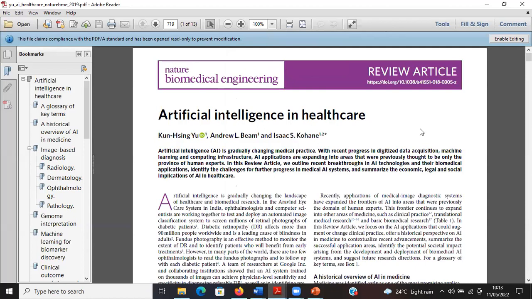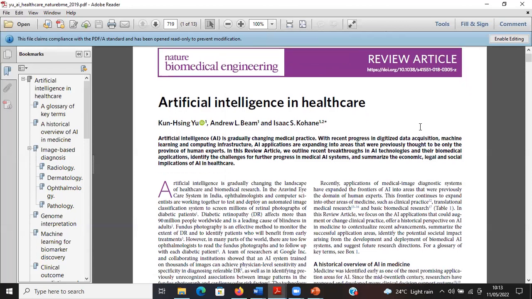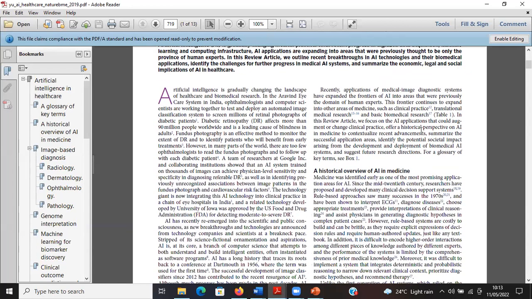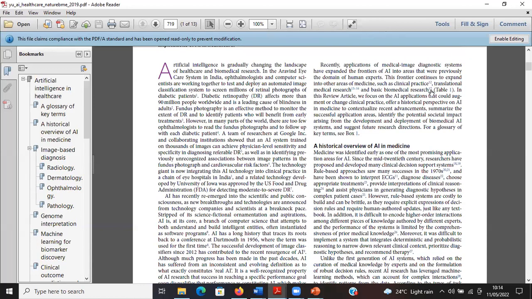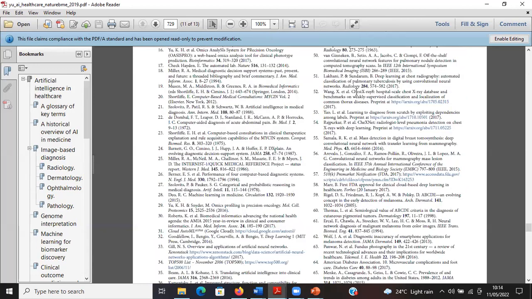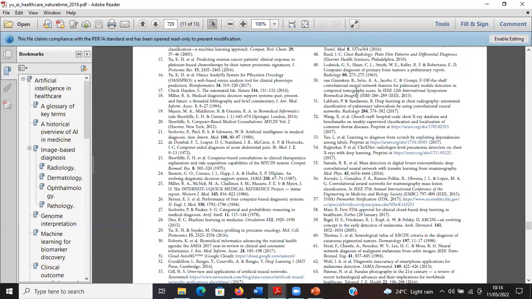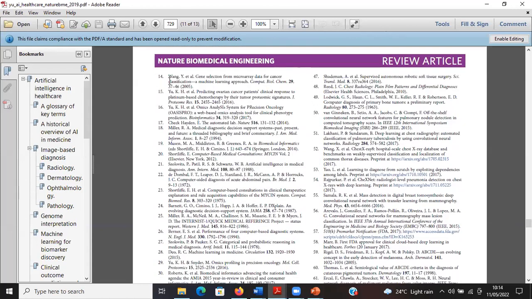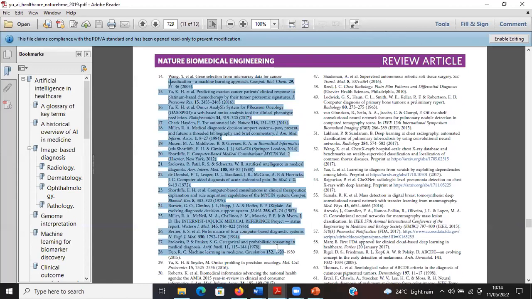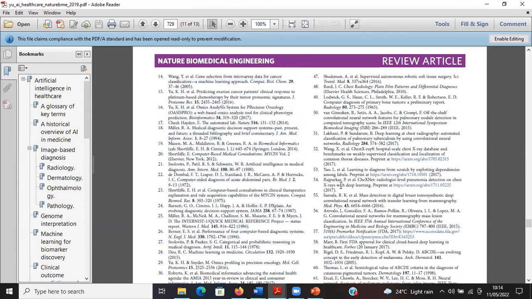Yes, we're seeing it. Now, these people use a different style of referencing. They use numbers. You see those numbers? I think it's Oxford. But at the end, this person has all the people they referenced.